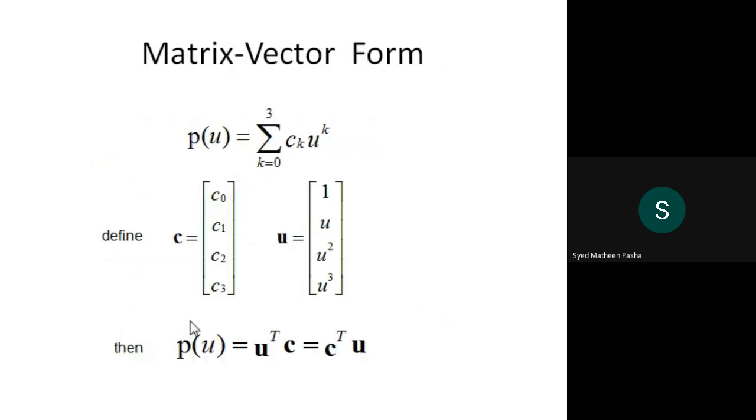Then how to represent cubic polynomial surfaces in the form of matrix vector? You'll calculate the value of c as well as u. Once you have got the coefficient values as well as the u value of that particular point, you will define c with respect to a matrix and u with respect to the matrix. Then you just take the transpose of this and give a product with respect to c, the coefficients, or it might be vice versa as well,